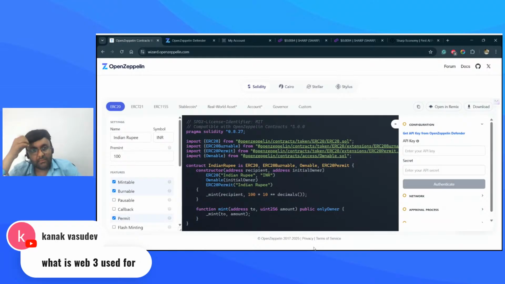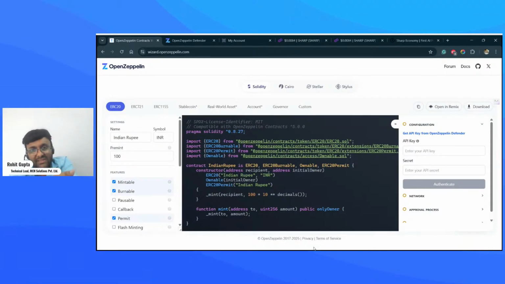That's a great question. Web3 comes into the picture when there is something related to trust. Trust is really the main part where Web3 comes into the picture. And the second is decentralization. Trust, because anything that goes through the blockchain or Web3 is not editable. It is definitely fixed. Forever, it is fixed.